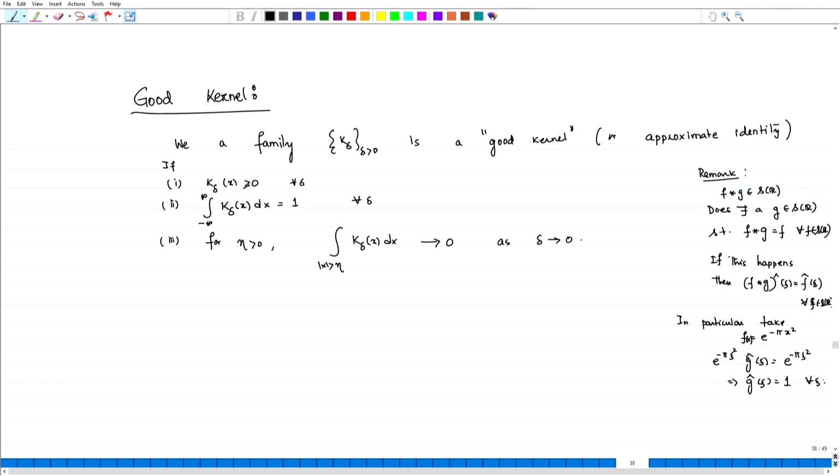Remember that g is a Schwartz class function, therefore g hat is also a Schwartz class function. Therefore, it cannot be constant; it has rapid decay. So, the conclusion is that there is no identity under convolution